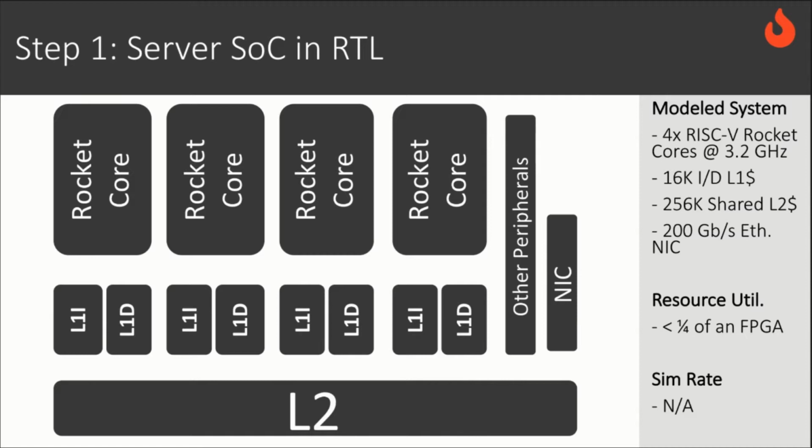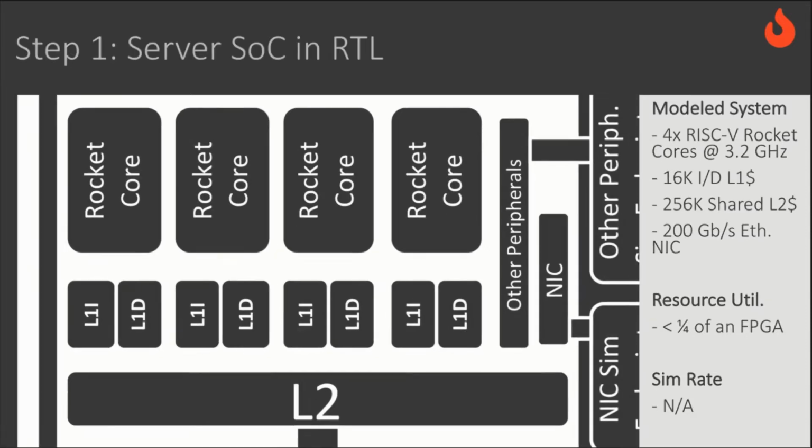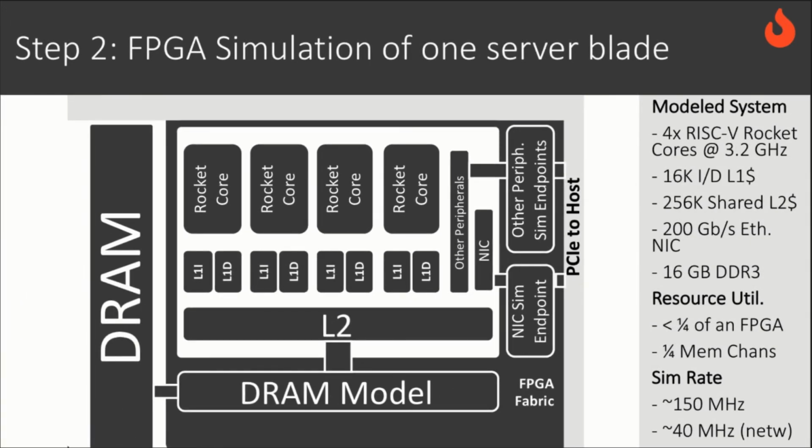So now what we want to do is actually transform this into a simulator, and that's what we see here. So now this slice that we're looking at is a chunk of the FPGA. So this is the FPGA fabric. What you see in this light gray box now is the original RTL. We've transformed it using Midas, and we've tacked on these endpoints and models that you see along the periphery in